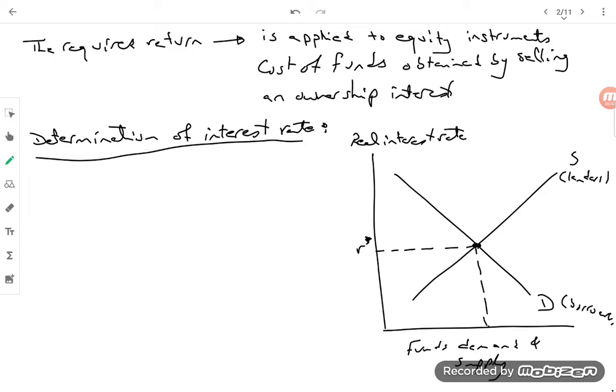This relationship holds ceteris paribus, or keeping all other factors constant. So the equilibrium interest rate will be determined at the point of intersection